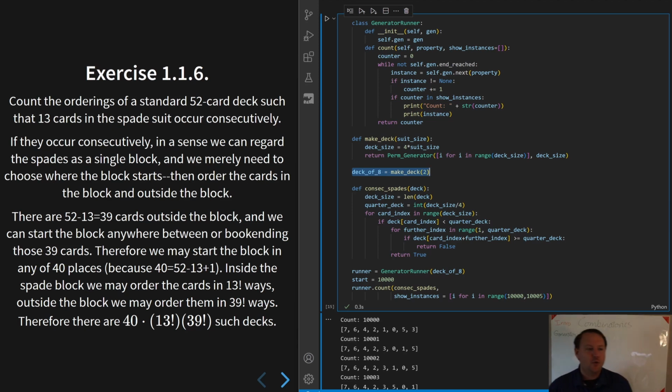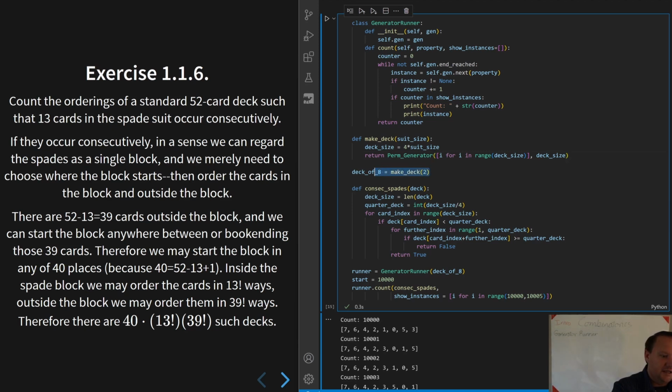So anyway, here you see I made a thing that allowed me to make decks, right? So you input a suit size and it outputs a permutation generator representing